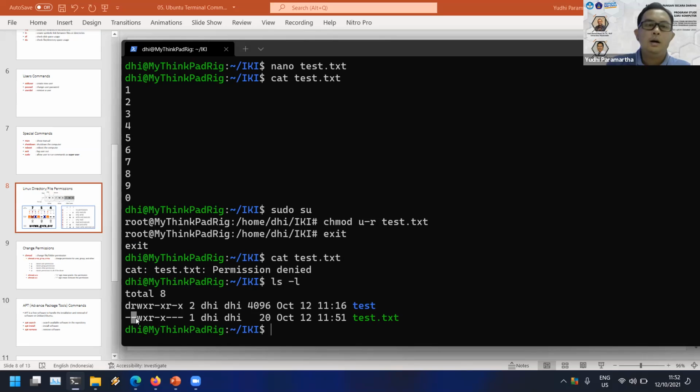So Linux is complicated yet secure, because you could do anything to safeguard your files by using file permission, something like this. That's why the Linux operating system is called safer or more secure than the Windows operating system, because of file permission like this. Okay. Do you have any questions?